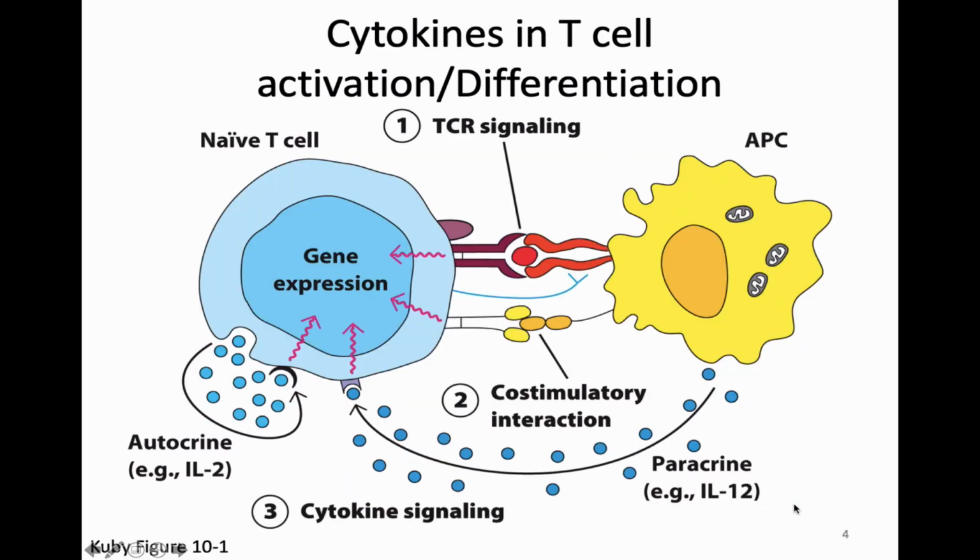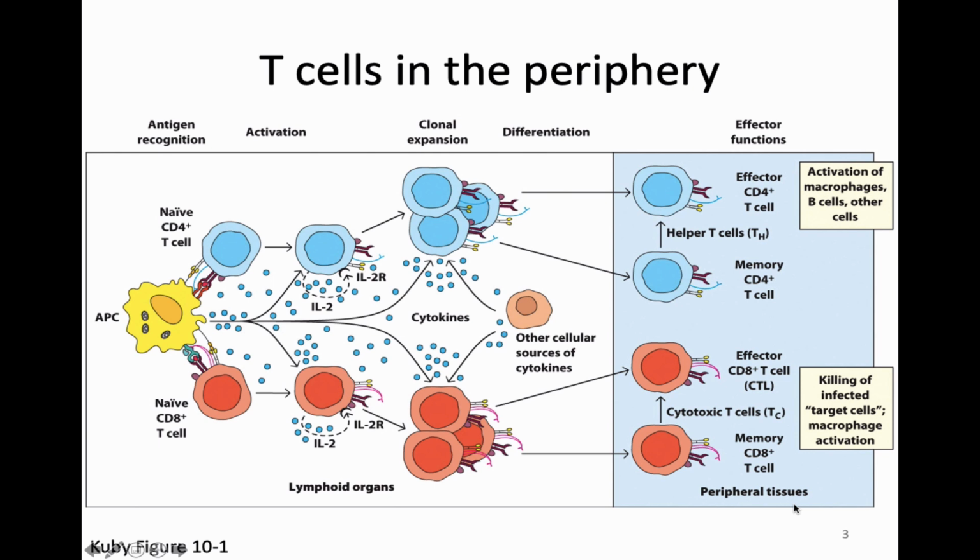Here, that signal 3, the role of the cytokine that acts on the naive T cell coming from the antigen presenting cell when activating that T cell, is going to be very, very important. That's going to be a big part of what we see our CD4 T cell needing in terms of its activation. When I talked about this slide previously, I didn't really tell you what the effector function of a CD4